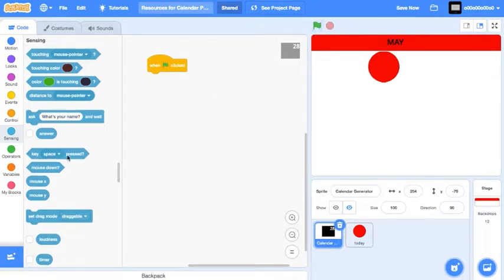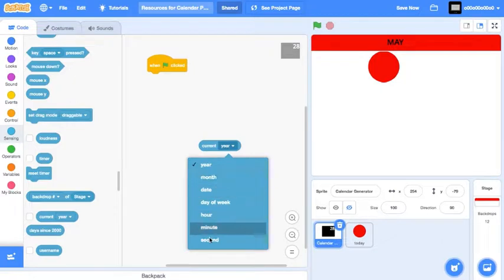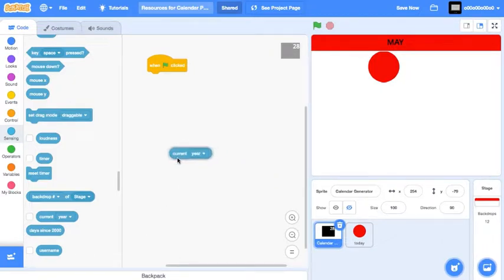So we can use these current year, it shows them all. So if we use these, then we can make the calendar. So first off, let's start by generating the calendar.